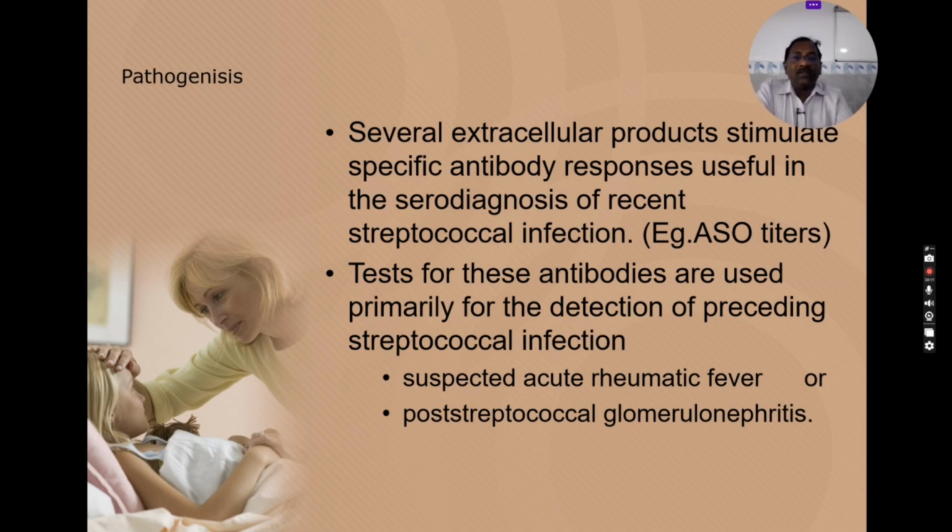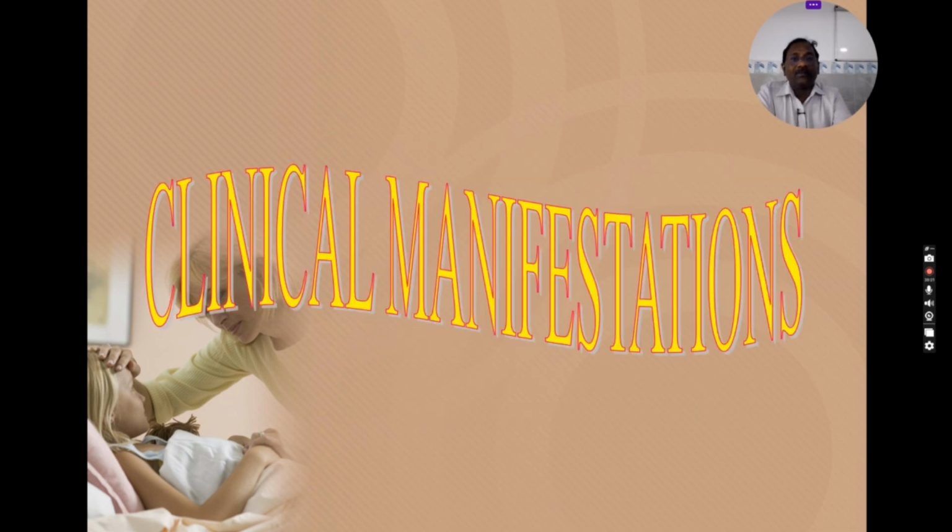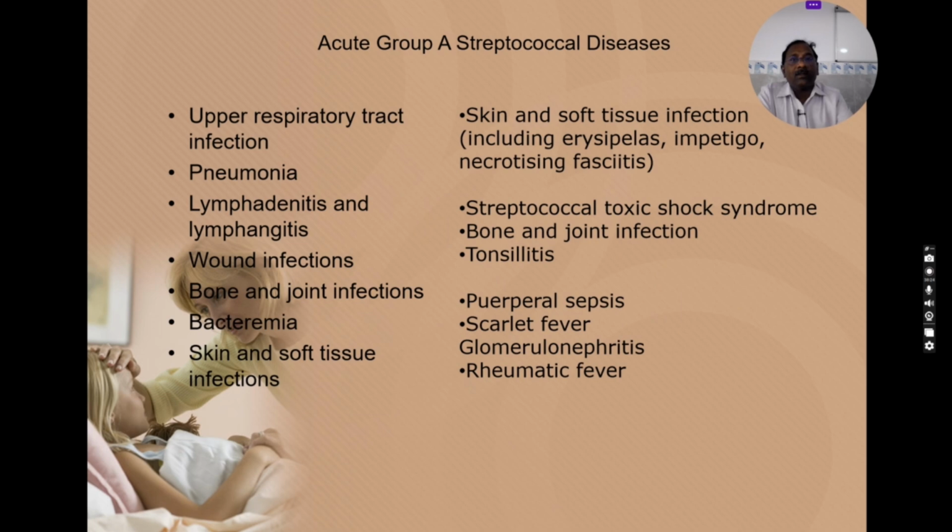Tests for these antibodies are used primarily for the detection of the preceding streptococcal infection, suspected acute rheumatic fever, or post-streptococcal glomerulonephritis. So these are the chain of diseases caused by the streptococcal: upper respiratory tract infections, lower respiratory tract infections, mostly the pneumonias, lymphadenitis and lymphangitis, wound infections, bone and joint infections like osteomyelitis or septic arthritis, bacteremia and septicemia, skin and soft tissue infections,